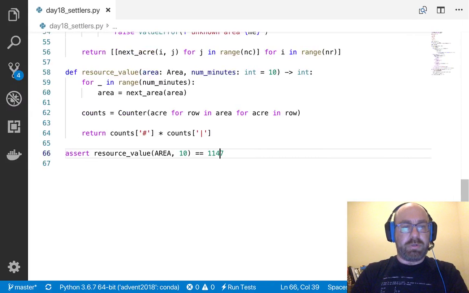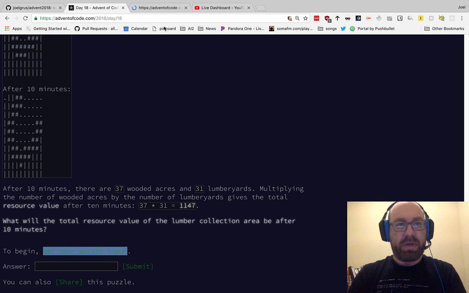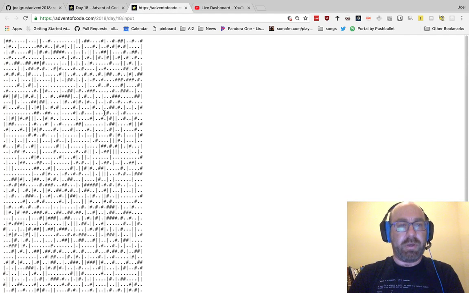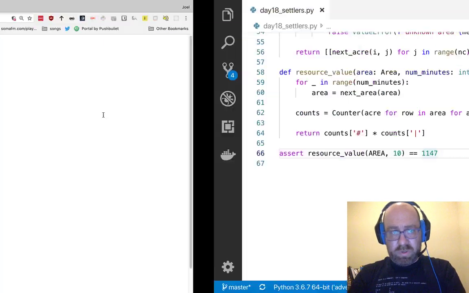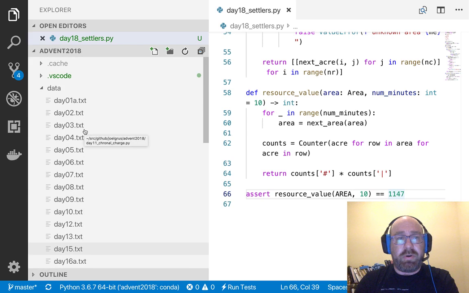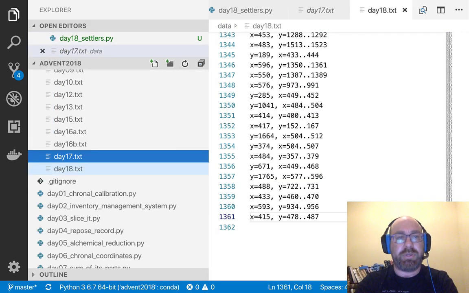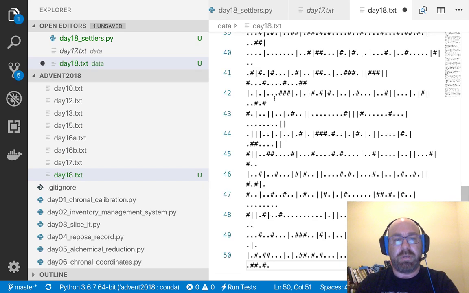Okay, that works. So now let's get our puzzle input, and it's probably going to be something big. Actually, no, they said 50 by 50, so that's not that big. So this one is easy, which means it's an easy day, or it's going to be a really hard part 2. So day 18.text, do that, save it.